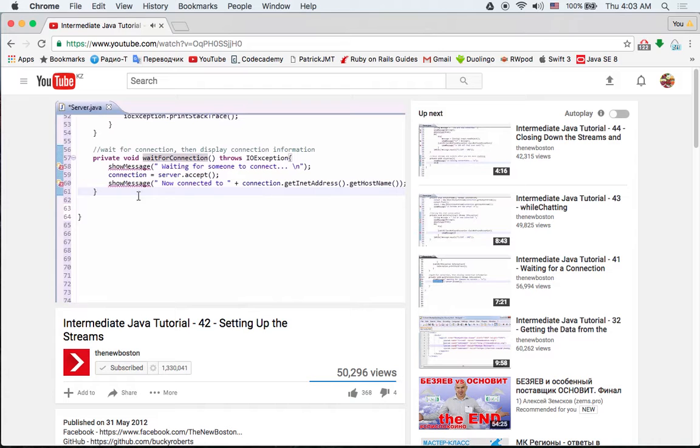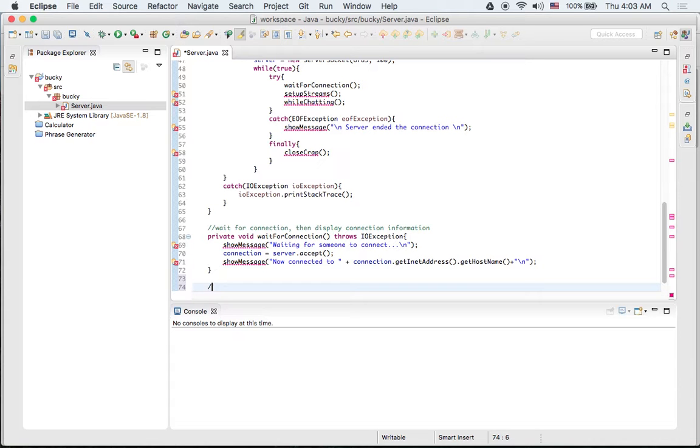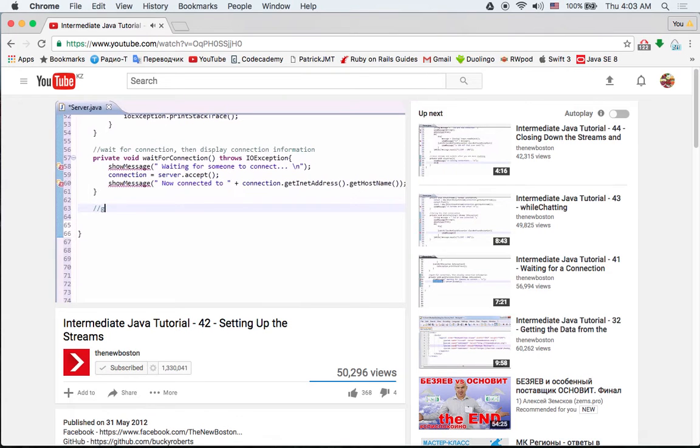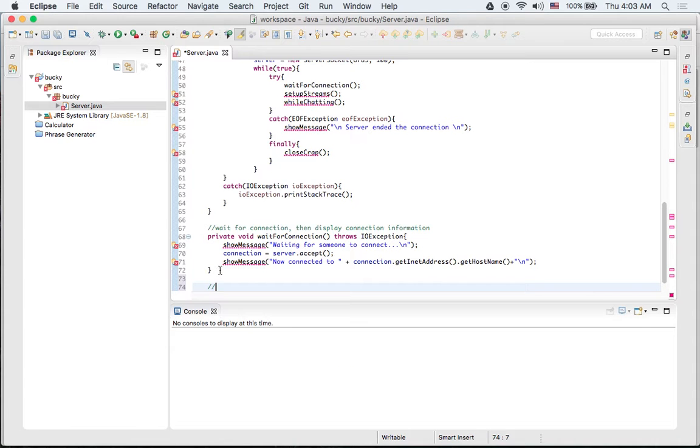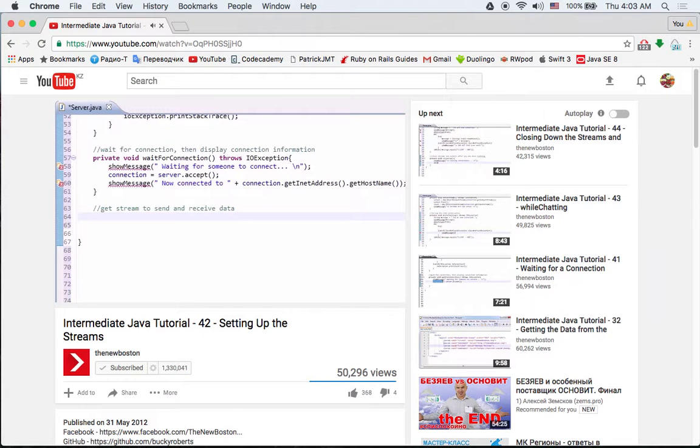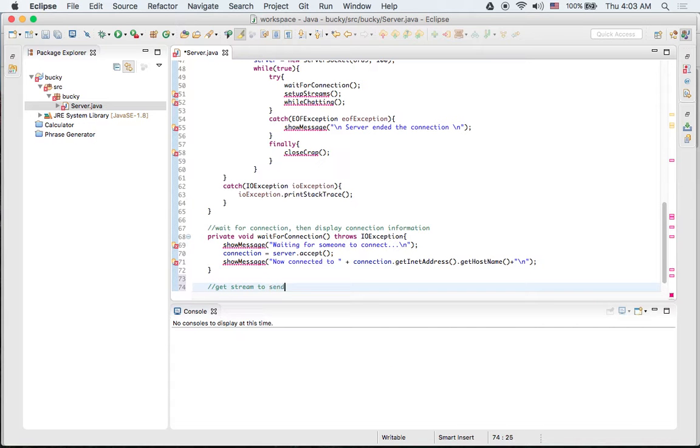So underneath your wait for connection method, go ahead and make another method. What this is going to do is get streams to send and receive data. So this is, of course, going to be private. It's not going to return anything. Void setUpStreams,